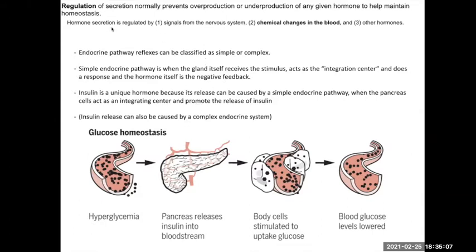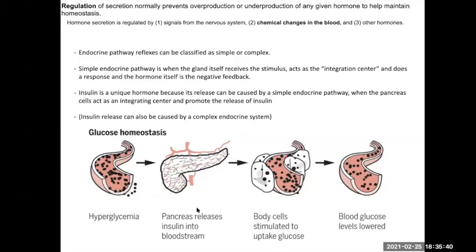Right, so hormone secretion can be regulated. The endocrine glands can be regulated by signals from the nervous system, as we'll see. Other hormones can change them, or actual chemical changes in the blood can affect an organ, cause it to secrete more enzymes and cause its effect. So this would be a very simple kind of pathway. And in this pathway, there's high blood glucose,